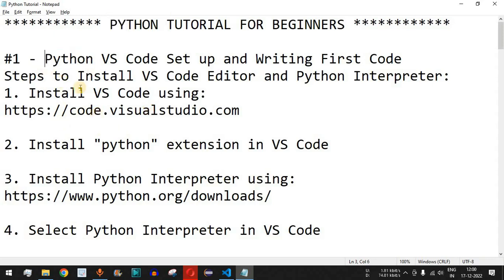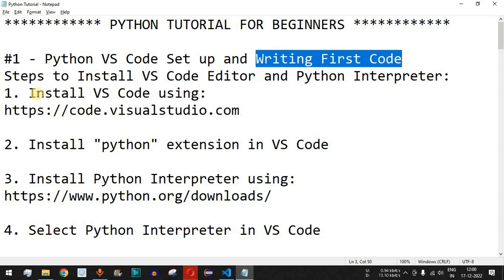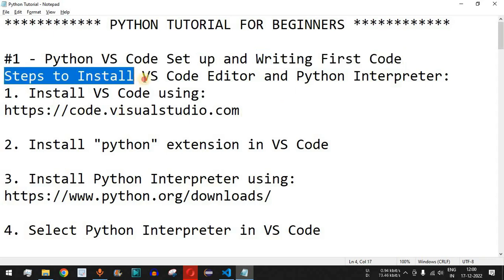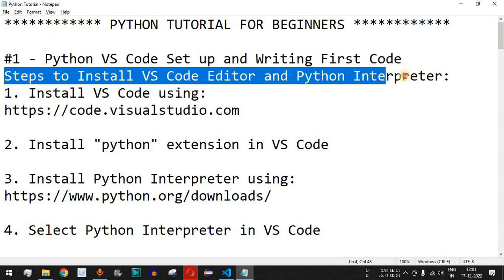So guys, first of all, we are going to check the environment setup using the Python language, and we are going to use VS Code as the editor. Here VS stands for Visual Studio, and we are going to use the Visual Studio Code editor in order to write our Python programs. Apart from this VS Code setup, we are also going to see how we write the first Python code and execute it. So guys, basically I have written down the steps to install the VS Code editor and Python